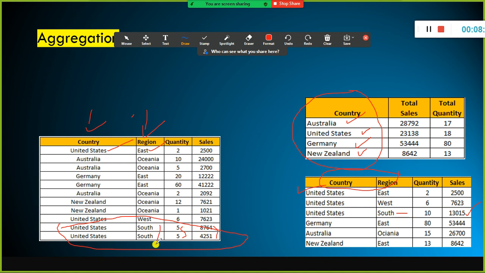They don't want to see the detailed data like this. Similarly for each country, what is the total sales in each region. This is how you need to generate the report if they want to see the country-wise, region-wise total sales and total units or quantity that they sold. This is how you can apply the group by. This is where the group by function is very helpful in generating output like this.